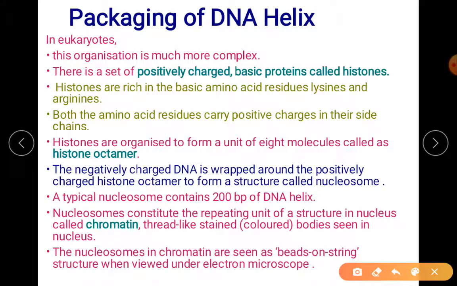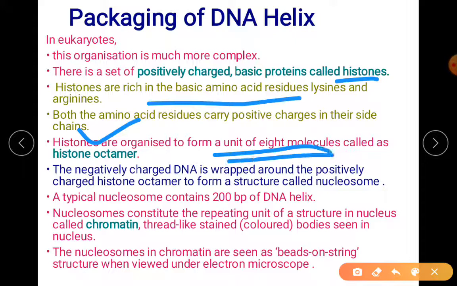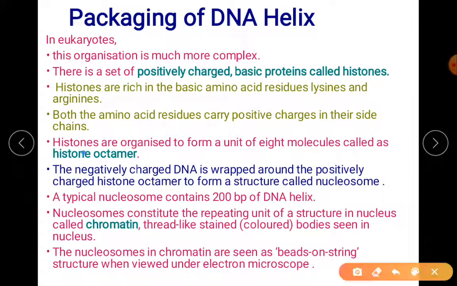Before knowing the DNA packing, you should know who is involved in your DNA packing. It is your histone. Histone has a positive charge created by lysine and arginine. And histones, there are 4 pairs, so a total of 8 molecules, that are organized to form a unit, which is called the histone octamer. So the definition of histone octamer is here itself: histones are organized to form a unit of 8 molecules. If you want to know what those 8 molecules are, we have